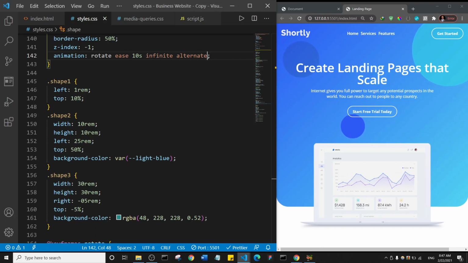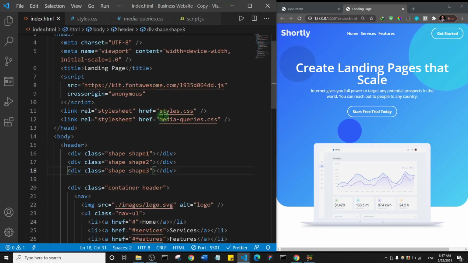Let me see, is there any media query I need to add? I think so, yes. No, I don't think there's a media query. Everything is fine actually. So we're going to go to the next section, and the next section happens to be